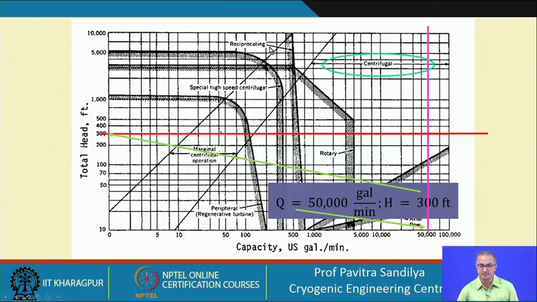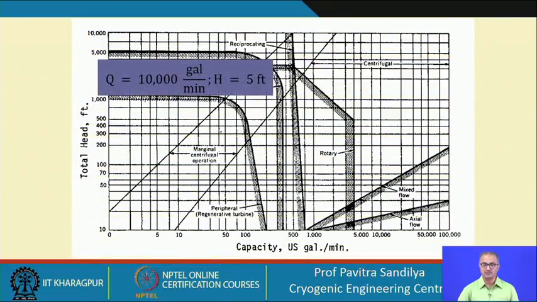And what we clearly see is that for the reciprocating pump the head is quite high and the flow rate is low, but for the centrifugal pump the head has come down, but the flow rate has increased, and that is what we also learnt in our theory, that whenever we want high head at low flow rate, we can go for reciprocating. When we want high flow rate, high capacity, but low head, we go for centrifugal.